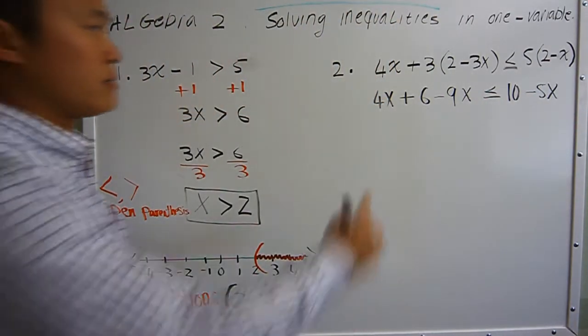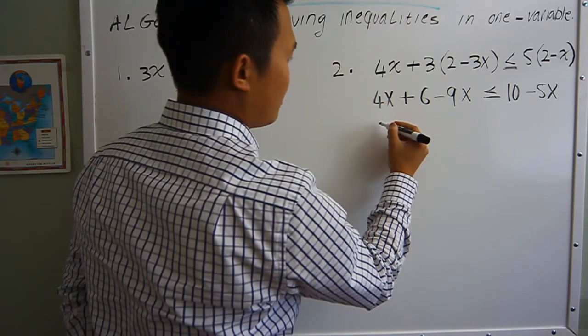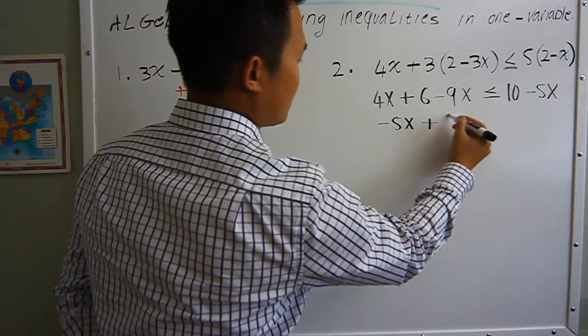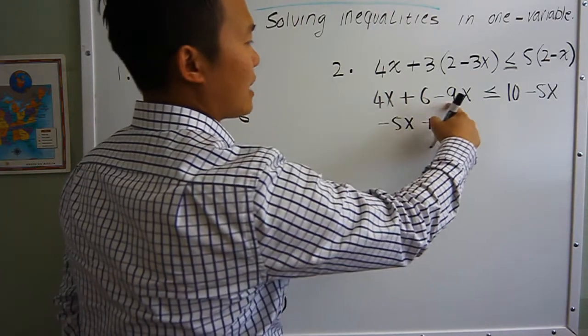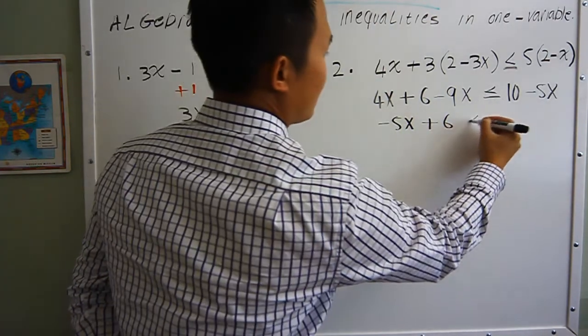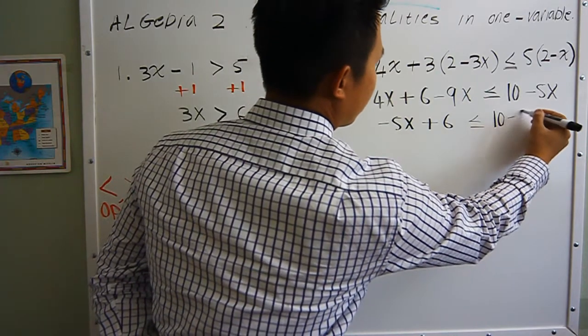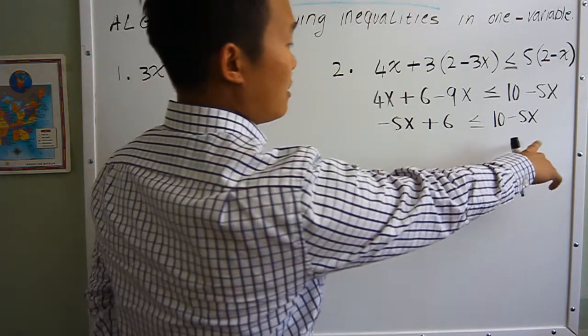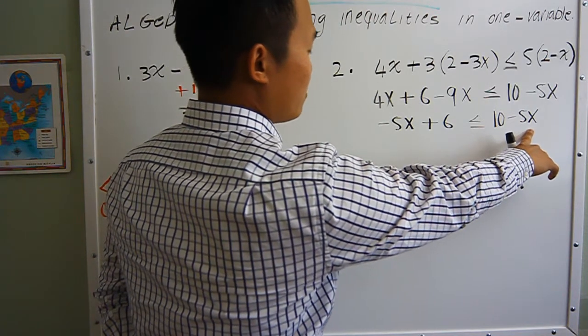Combine like terms. That becomes negative 5x plus 6, because 4x minus 9x is negative 5x, less than or equal to 10 minus 5x. I like to do things one step at a time. Notice that if we add 5x to both sides,